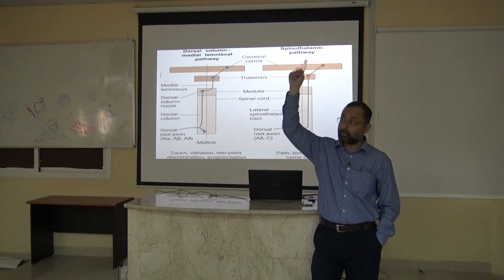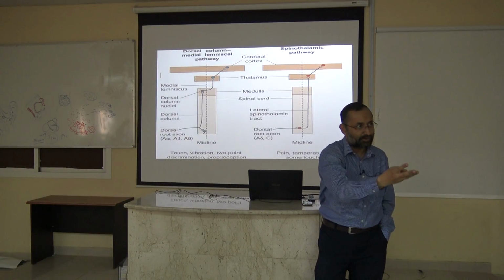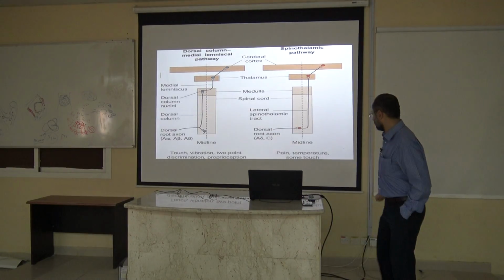spinothalamic pathway, which is going to the cortex. Okay? Three order neuron pathway. 2 synapses, 3 order neuron pathway. Alright? Great. Now,